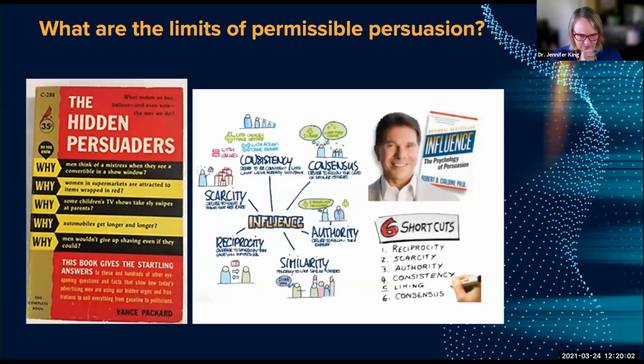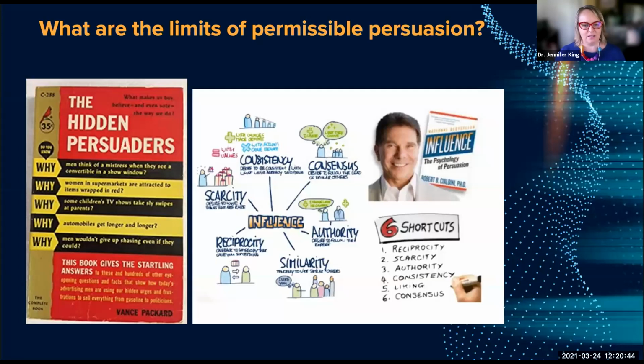Okay, excuse me. So one of the key questions that I've brought to this space is, what are the limits of permissible persuasion? At what point do we go from persuading people to actually engaging in something that's coercive or manipulative or deceptive? The point I want to make here is that this has been a concern for quite a long time. Some of you may be familiar with The Hidden Persuaders, a book published back in 1957 by Vance Packard. He was extremely focused on these questions: are advertising companies manipulating us? Are they doing things to us that we can't quite perceive?